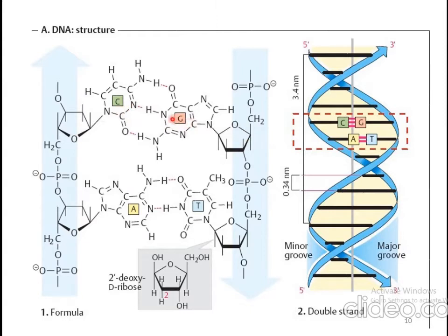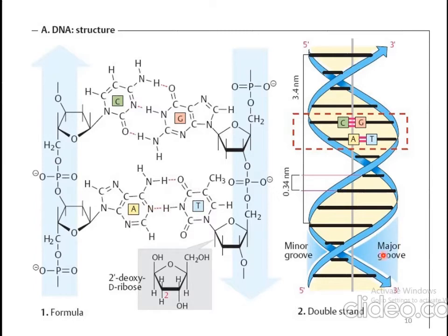Both C and G get attached with each other by the formation of hydrogen bonding. Similarly, thymine always gets paired with adenine, and one nucleotide carrying the thymine gets attached with the other nucleotide of the other strand with the adenine, and these both get paired by the formation of hydrogen bonds and other covalent bonds in between them.